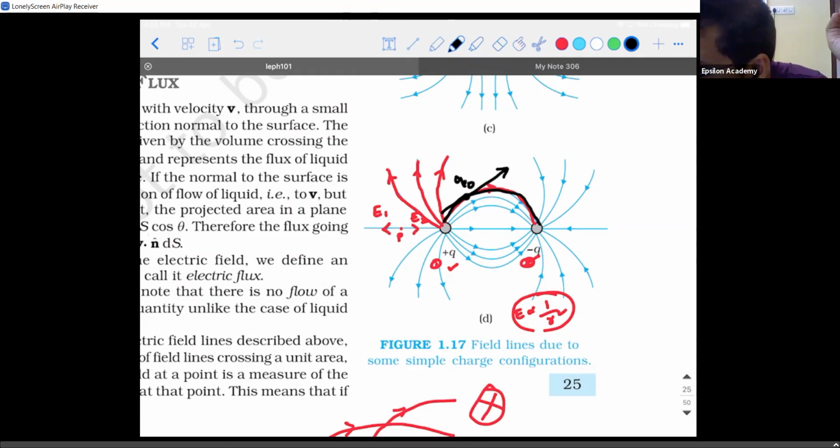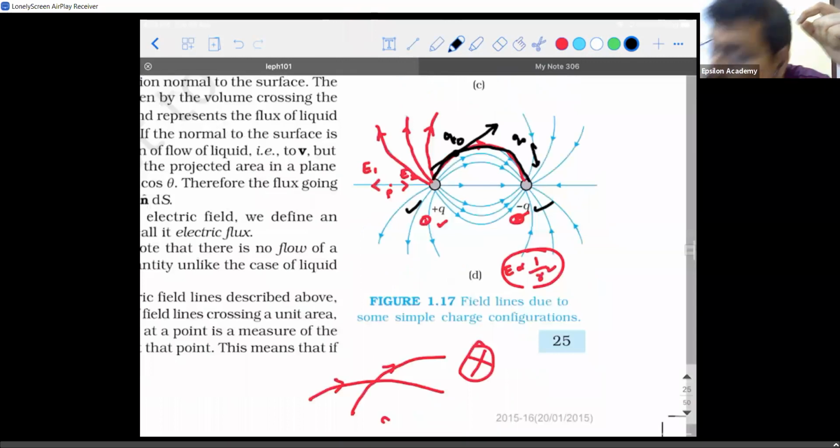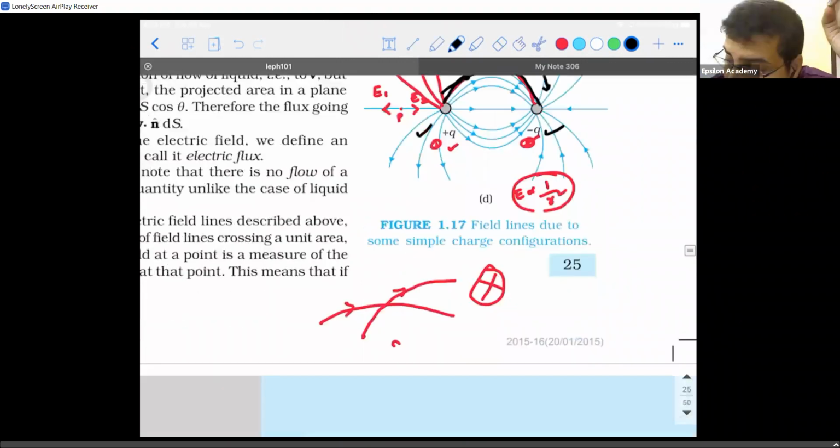Similarly, if I place a unit positive test charge Q0 here, then due to this positive and negative charge put together, it will experience a force in the tangential direction and the arrow mark will be in this way. Okay. So keeping this context in mind, if two electric field lines are going to intersect, then if I place a unit positive test charge at that point, then you're technically trying to say that the unit positive test charge would experience force in both the directions at the same instant, which is obviously not possible. You cannot say any particle will travel in two different directions at the same time unless it is broken into pieces.